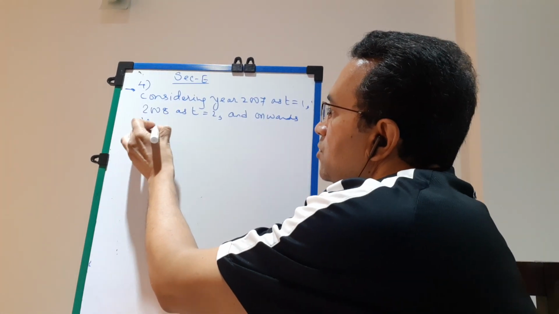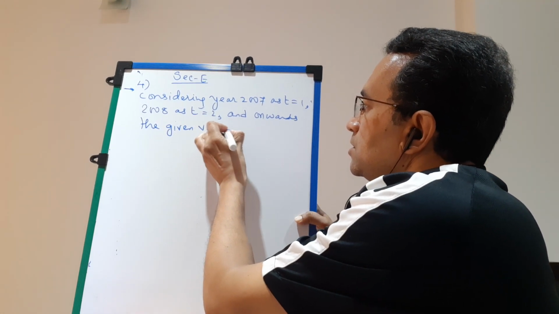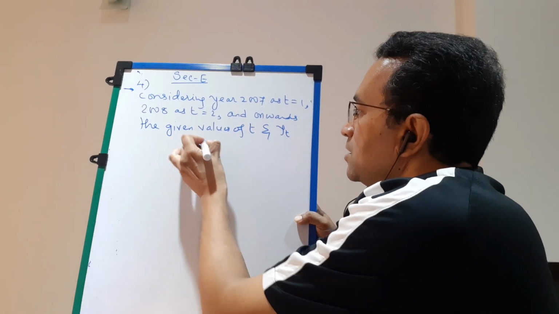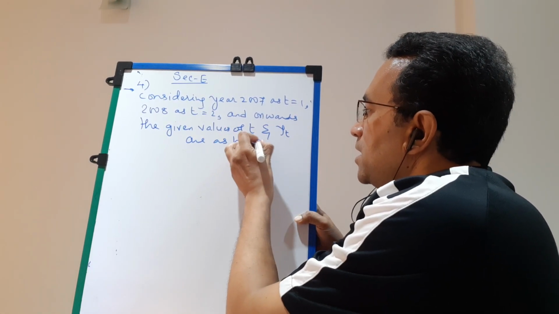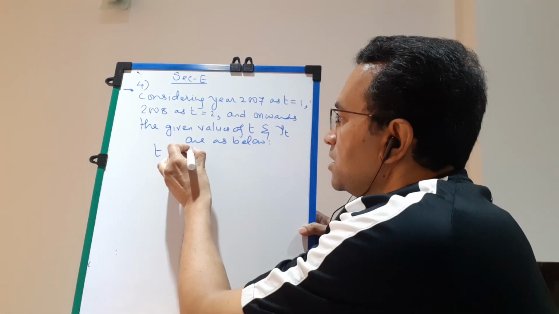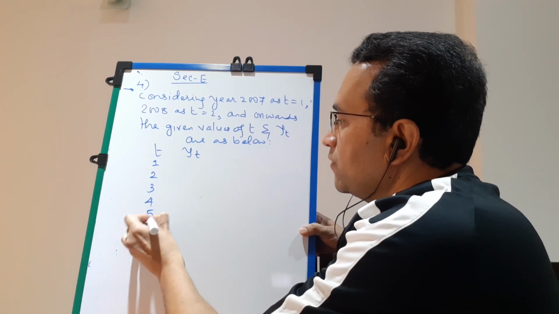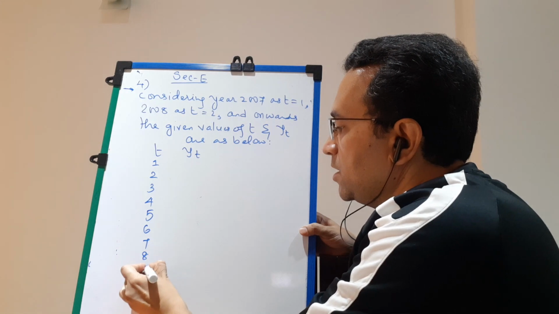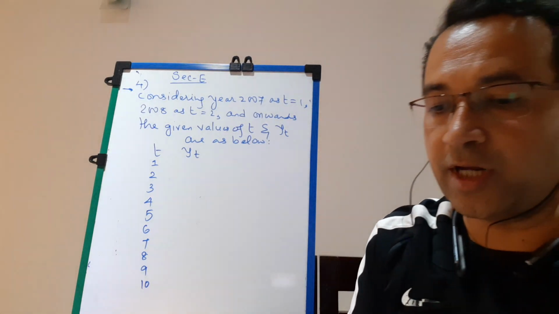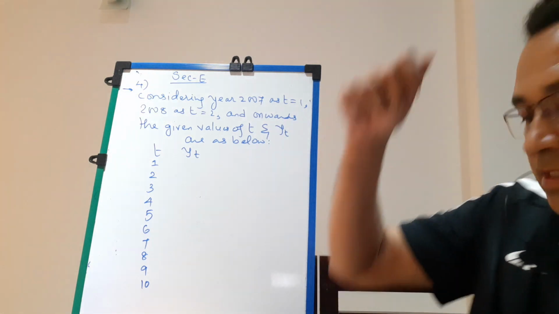The given values of t and yt are as below, students. So make the columns of t and yt: 1, 2, 3, 4, 5, 6, 7, 8, 9, 10. And correspondingly, students, you should write all the values of yt which are given: 200, 216,